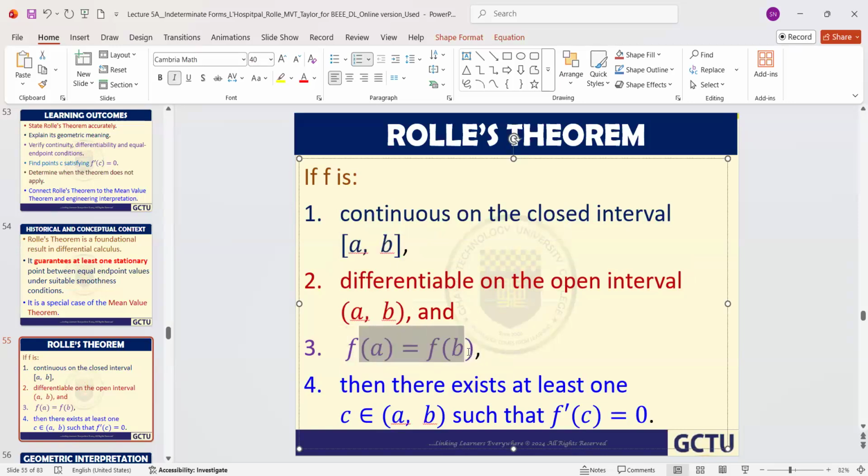Function of a is equal to function of b. And then the last thing is to show that the point c exists, that there is a point that will exist within the interval that is given in the question. Okay? Please, the steps seem to be a lot, but when you see a question, you appreciate that this thing is not as difficult as it seems. So let's take,